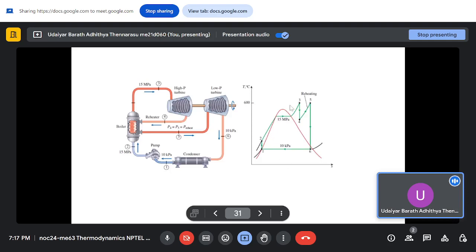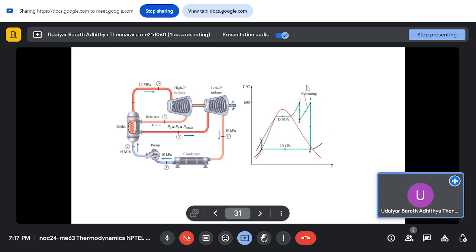So reheat cycle is nothing but you are expanding in two stages. You expand from 3 to 4 and then you heat again from 4 to 5 and then expand again. In this case your dryness fraction will increase. Previously if you expand from 3, you will end up having more moisture at the end, but using a reheat you are pushing that to state 6, which will have more dryness fraction, or quality of the steam will be more